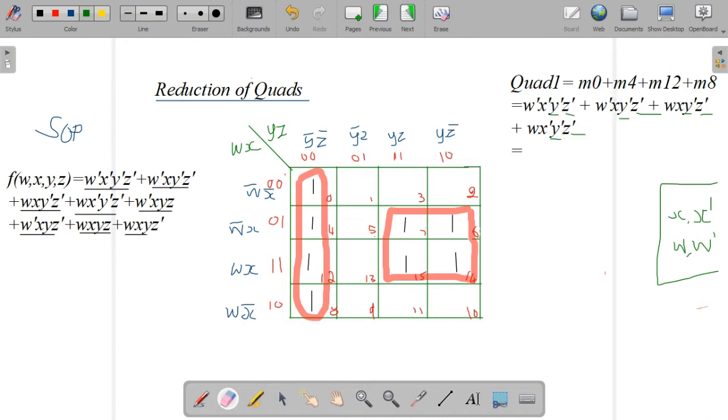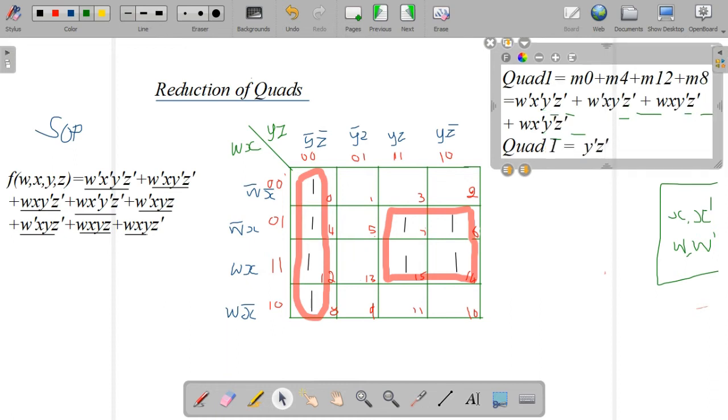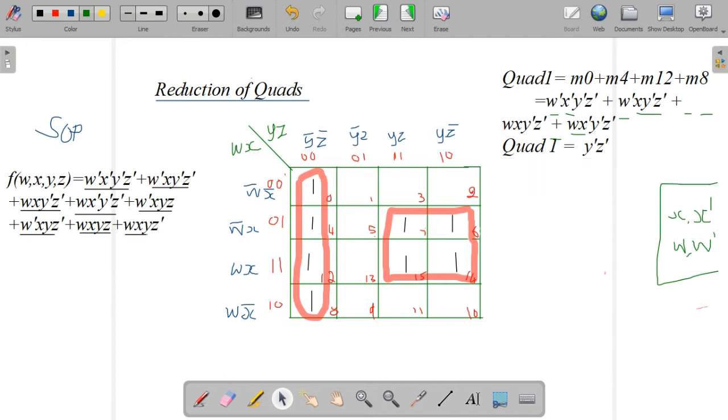What is the final answer we will get? Quad 1 equals, we'll get, okay, just wait. The answer is W and X is removing, so we will get the answer Y' Z'. That is quad 1, is it? So we have to write quad 1 equal to Y' Z'. Understood? So in the next case, that means